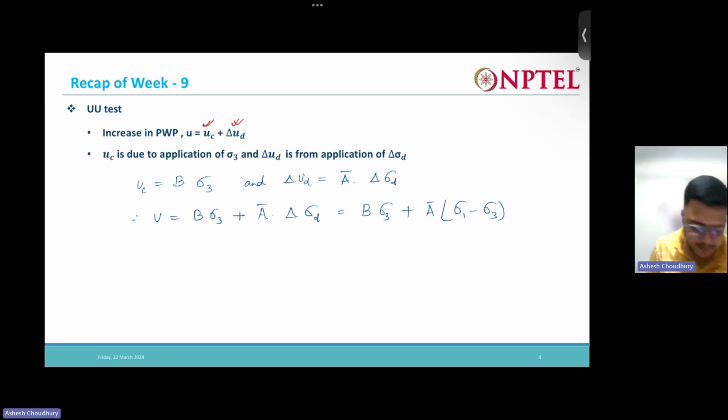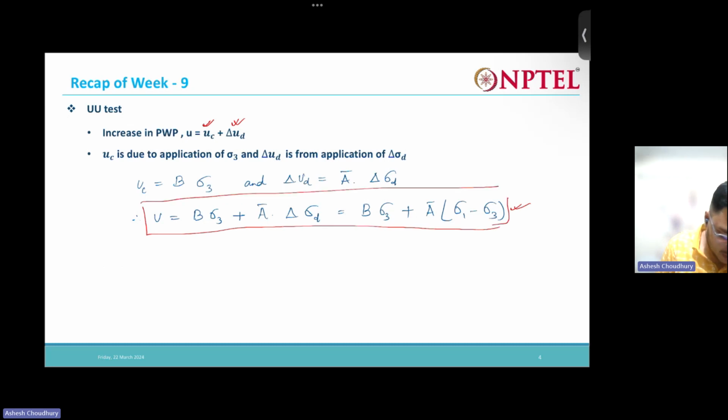So this is the expression for the total pore pressure. So delta sigma d you can write as